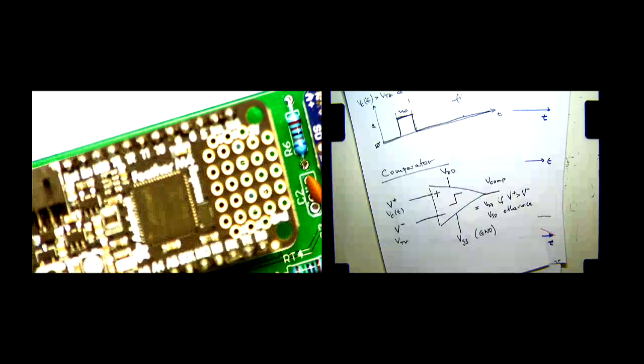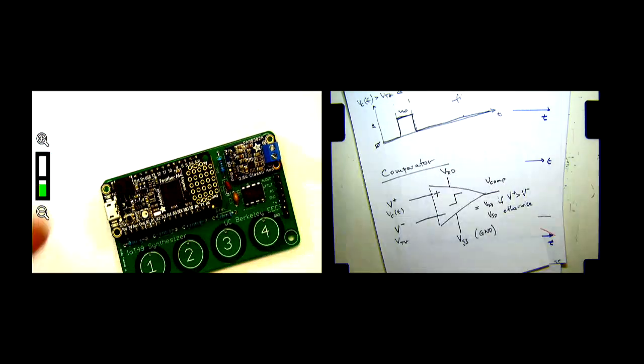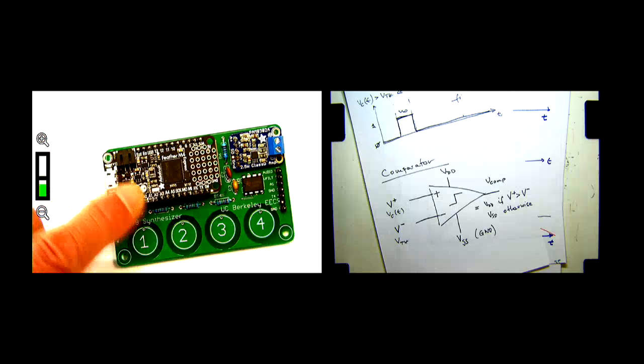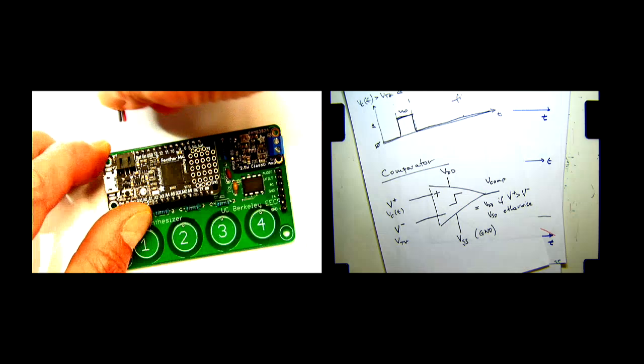There is a microcontroller here, but more interestingly, there are 4 touch sensors. They are round. I mean, hey, I like round. So there is also an audio synthesizer. This is an amplifier. We're not going to use it for this. So anyways, I need to apply power and